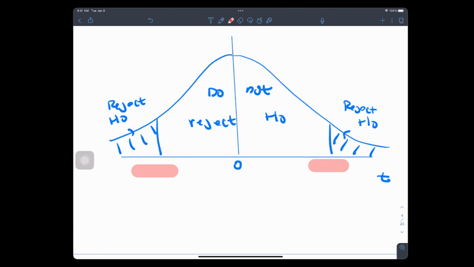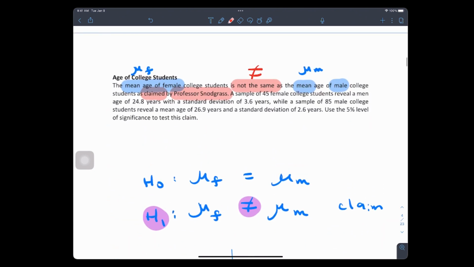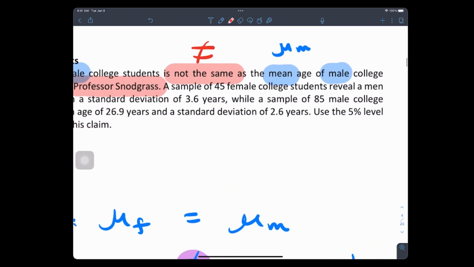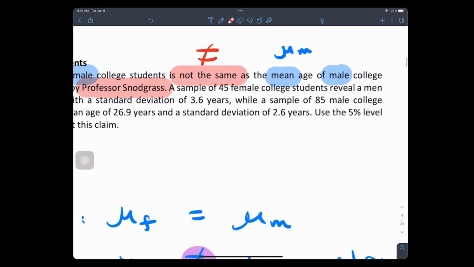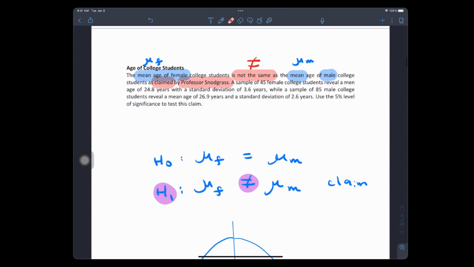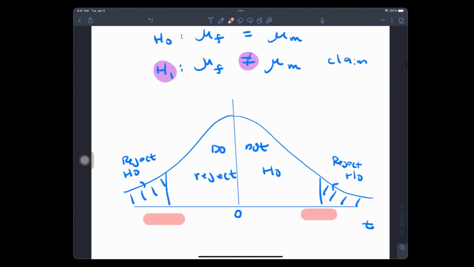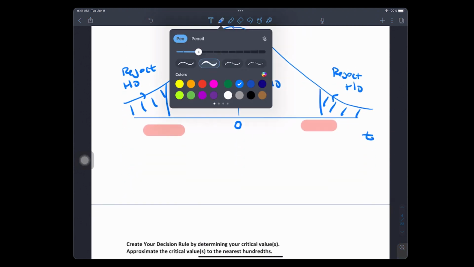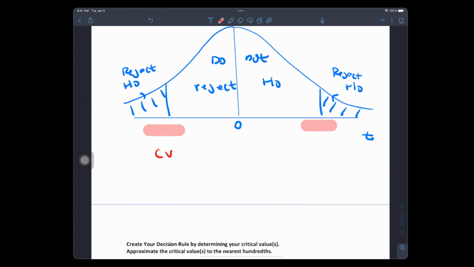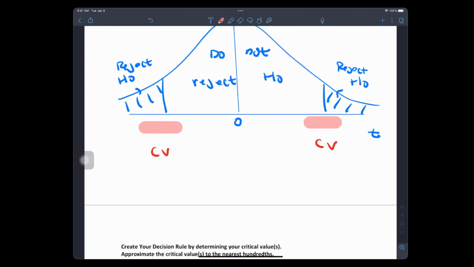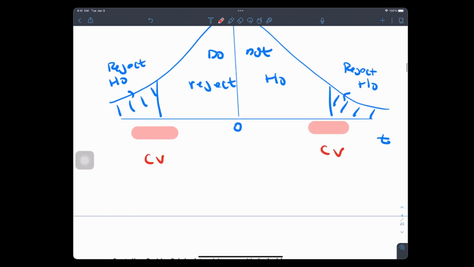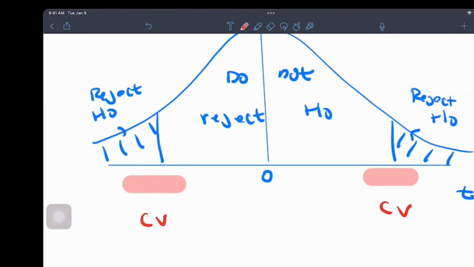So we did this here. However, here's what's going to happen, ladies and gentlemen. I want you to go back and read the sample, okay? Because here's the dilemma. Remember, what do you do to get critical values? Let me share with you guys the dilemma here, okay? Don't we need a degree of freedom? If I went to the calculator